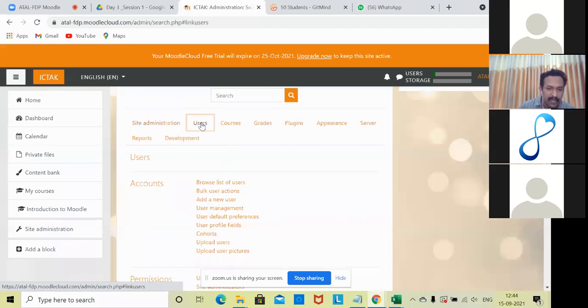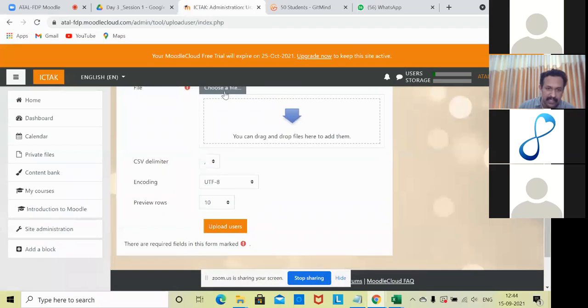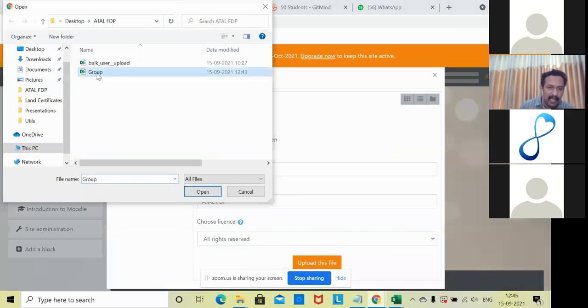So we are just going to select the users as we did. We are going to add, again, bulk user and upload users. We are just going to select upload users. We are going to select the same users, based on what we have enrolled, because it is already available there.